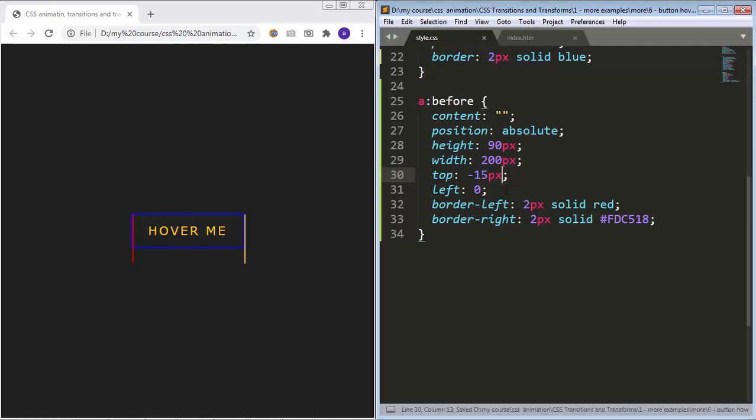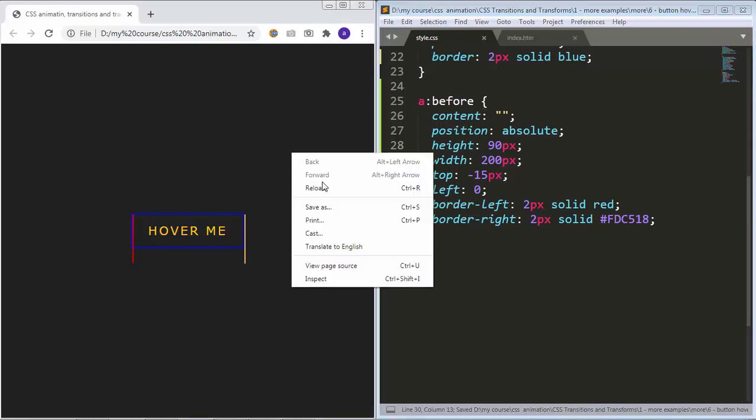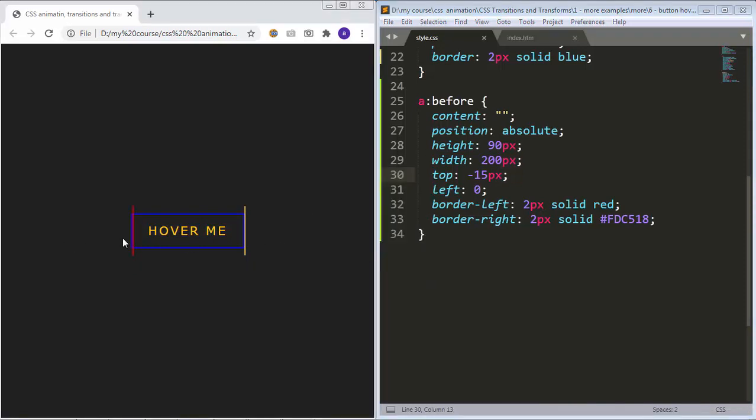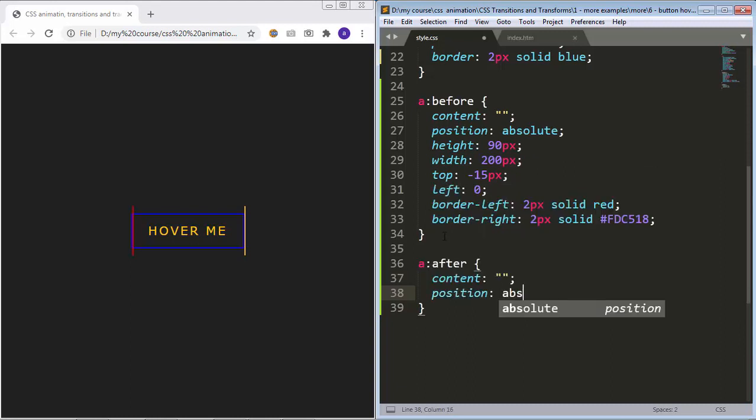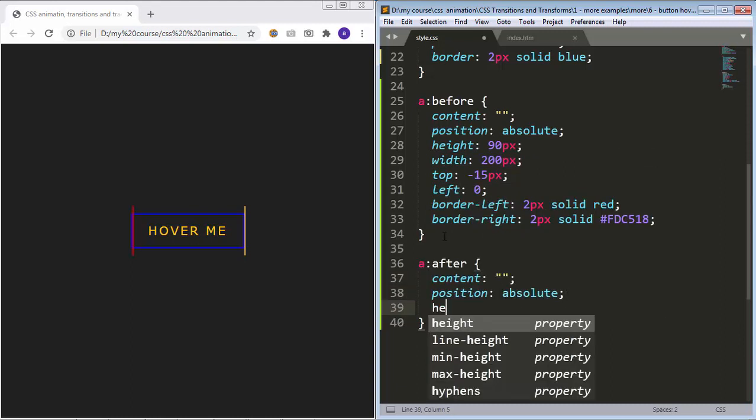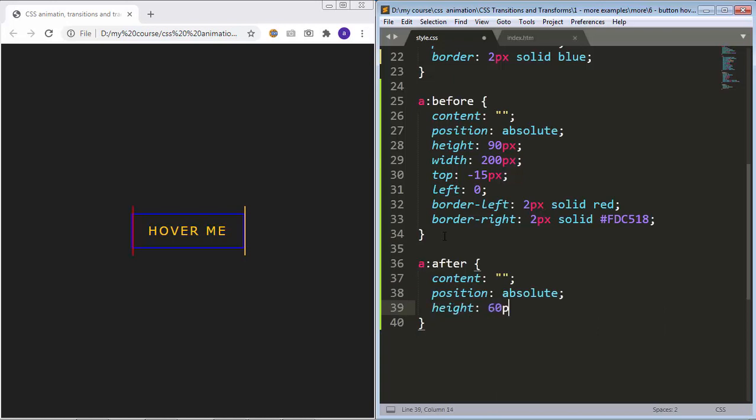So this will shift the before pseudo element to the top by 15 pixels, and the borders will be shifted as well. Okay, now let's create the top and bottom borders. We will use the after pseudo element to create them. So I will say a:after, and I will add content, empty as well, position absolute, height 60 pixels, the same as the button, and width,